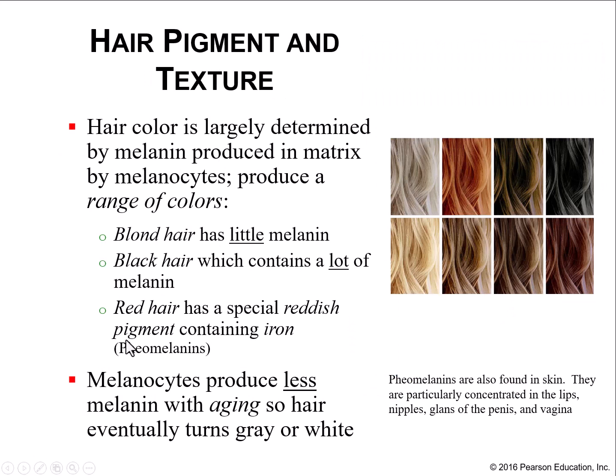As I pointed out, the melanocytes in the hair follicle produce large ranges of hair color, just like we have large ranges of skin color. These are 8 typical hair colors, going from gray, and when it's gray or white like this, it means the melanocytes have stopped working, so there is no melanin deposit. Then come varying shades from blonde, brown, auburn to dark. Blonde hair has little melanin, black has lots of melanin, and red actually has a